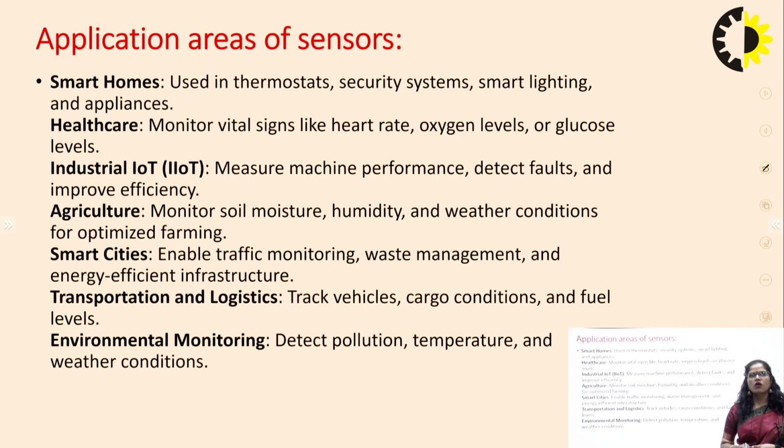In a smart home we use a thermostat, security system, smart lighting, and appliances. In the smart house you may have a smart fridge. What is the functionality of this fridge? This fridge sends notifications and informs you about the fridge condition and the objects stored inside the fridge,